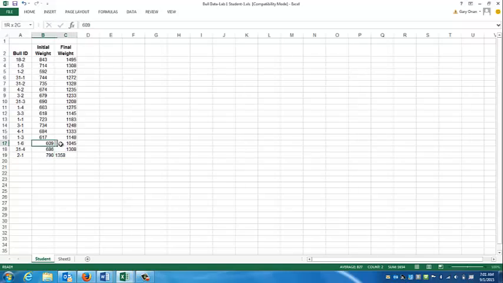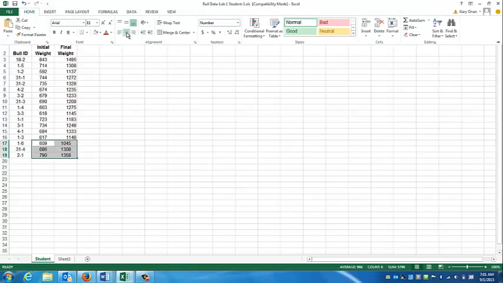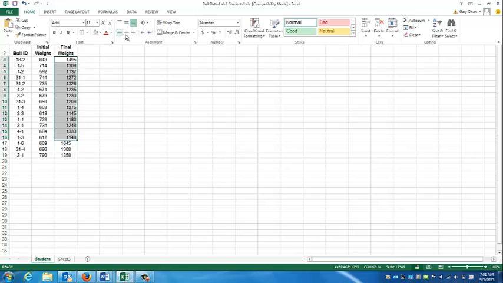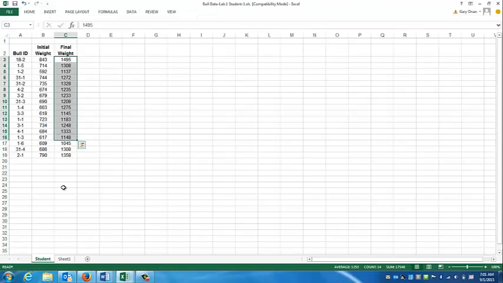Okay, again, we want these cells to be centered, so let's do that. In fact, this whole column is not centered, so let's do that. There we go. Okay, so now we have all our data from each animal entered in terms of ID and initial and final